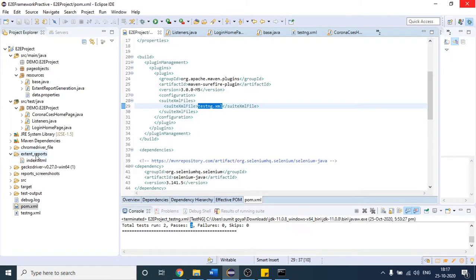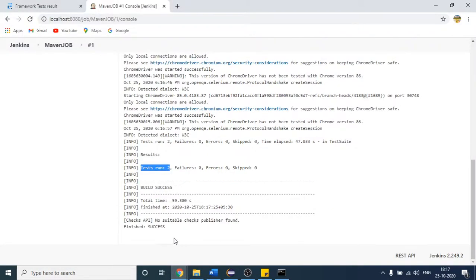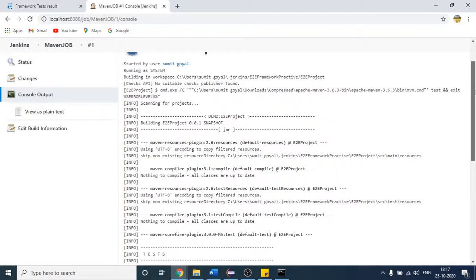Moreover, automatically this file will also be created. Even if I remove that, it will create it again, because we are just changing the way we are triggering our test cases. We are not making any code changes here. Once all our test cases are triggered, that file will be generated again. So this is how you can work with Jenkins. You can see finish success. If you get a failure here, then you will see some fail message here. But as of now all the test cases have passed.